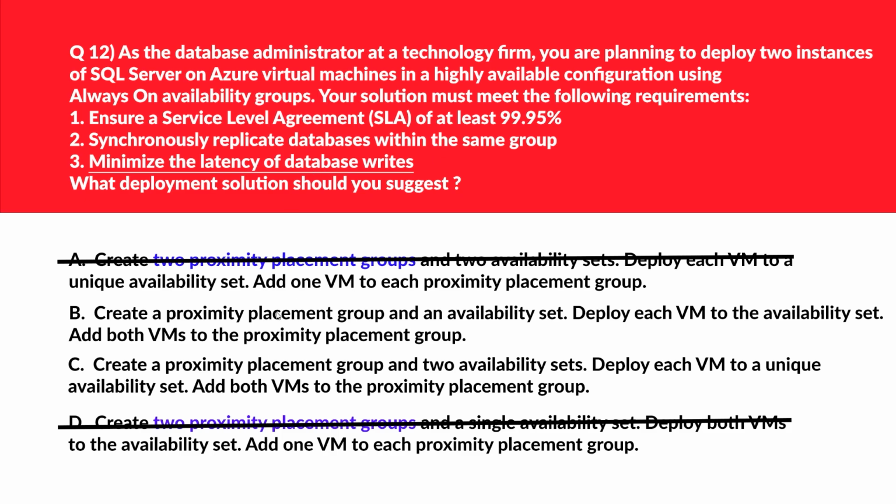Looks good because it meets all the requirements. We'll park this. Let's move to option C. C says create a proximity placement group and 2 availability sets, deploy each virtual machine to a unique availability set, add both virtual machines to the proximity placement group. This option increases complexity without significant benefits over option B. Since for now option B is better than option C, we'll reject option C and log B as the right